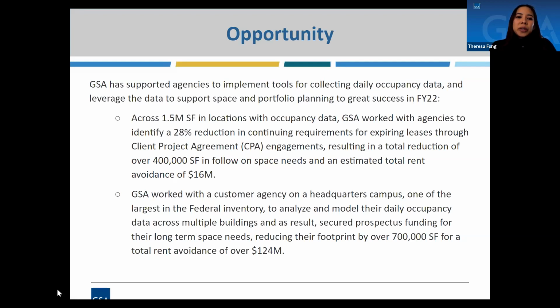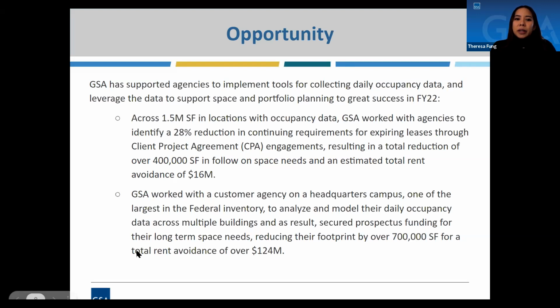GSA has also worked with specific customers on reductions on headquarters locations. We had one particular customer who had a location on a headquarters campus, one of the largest campuses in the federal inventory. We worked with them to analyze and model the occupancy data that they had available across multiple buildings through their